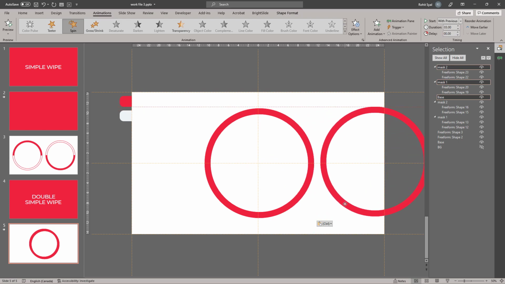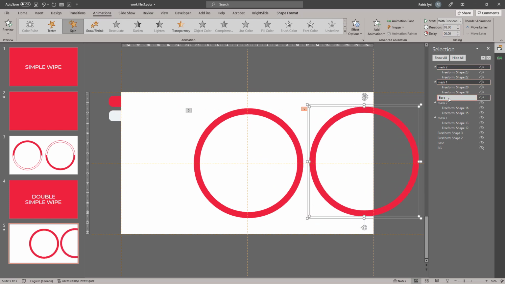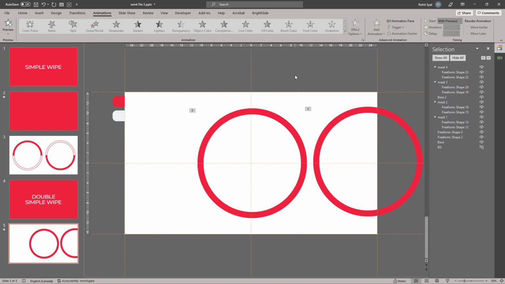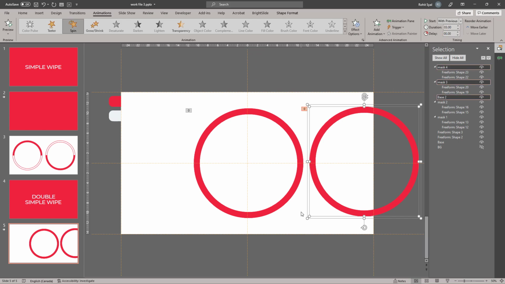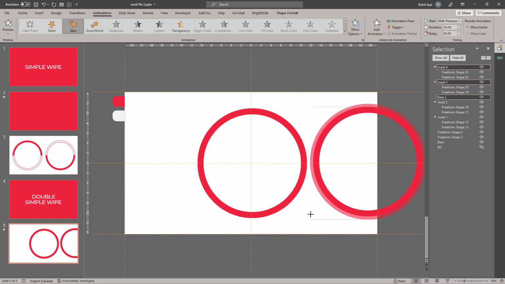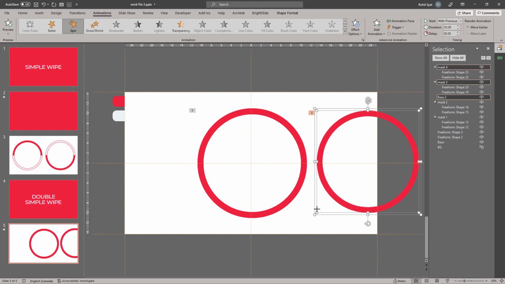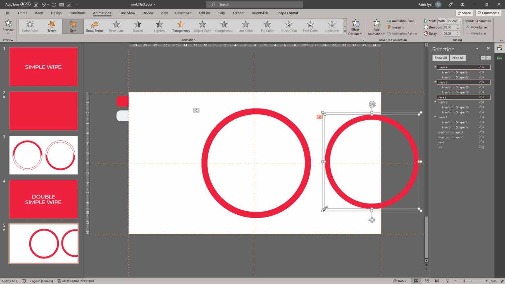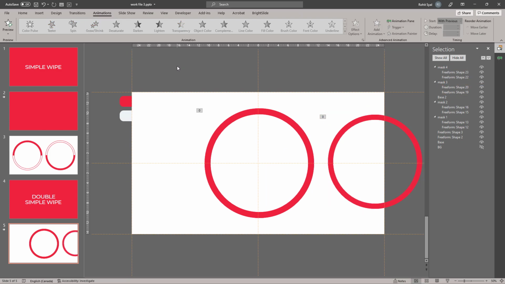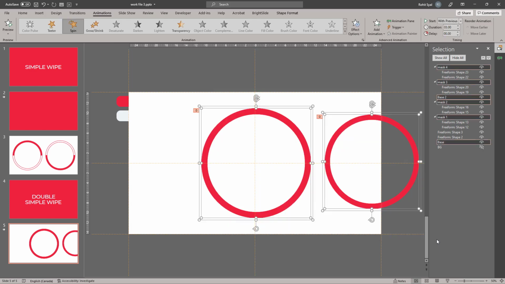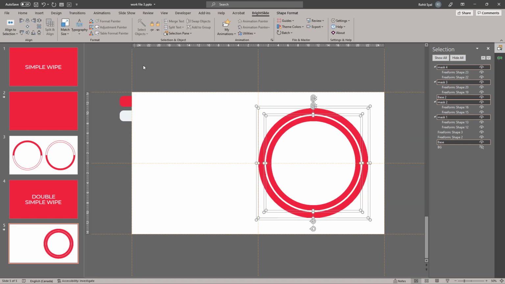I'll just drag it over to the right for now. I'll rename it as base 2, mask 3 and mask 4. Then pressing Ctrl and Shift, I'll decrease the size of all the 3 shapes by just a little bit, maybe a little bit more. And then select everything, all the masks and shapes, and align them to the center and the middle.